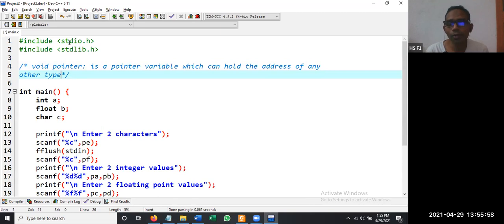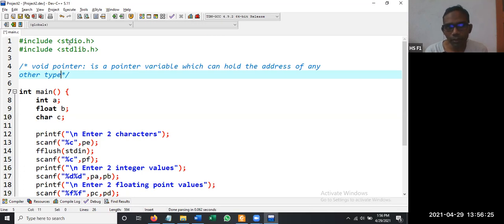As per theory, if you try to point it to a float, it will work. Okay, you can try that. But as per theory, an integer pointer holds the address of an integer variable. A character pointer holds the address of only character variables. And a float pointer holds the address of only that type of variable.